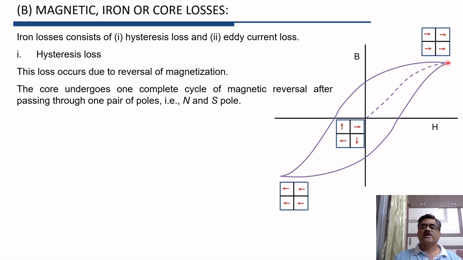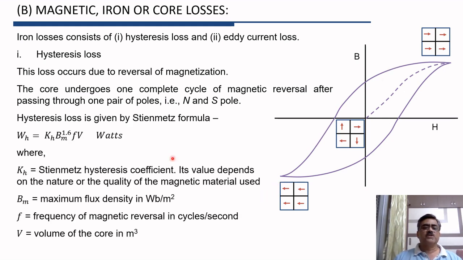Because of this continuous magnetization and demagnetization, that is magnetization and reversal of magnetization, the core gets heated and the energy is wasted in the form of heat. This loss of power because of hysteresis, we call hysteresis loss. And this hysteresis loss depends on the area of the hysteresis loop. Now this hysteresis loss is given by Steinmetz formula,